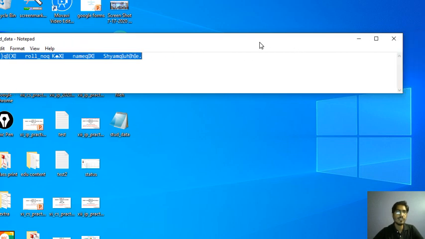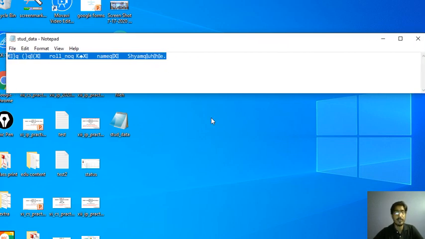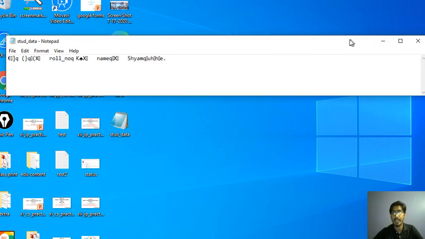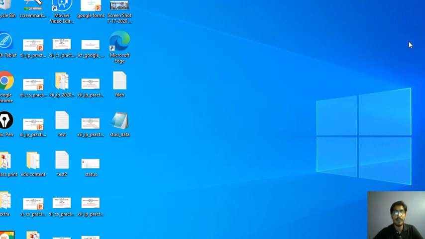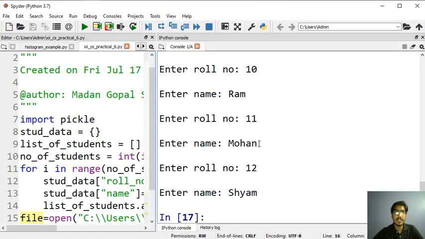So we need not change this file, otherwise your Python program will corrupt. You need not change anything after opening this file, otherwise the program that is going to read this file will corrupt. Don't write it, don't change anything in this student file, close it as you have opened it. Close it properly. Now we are going to read this file in some other program.